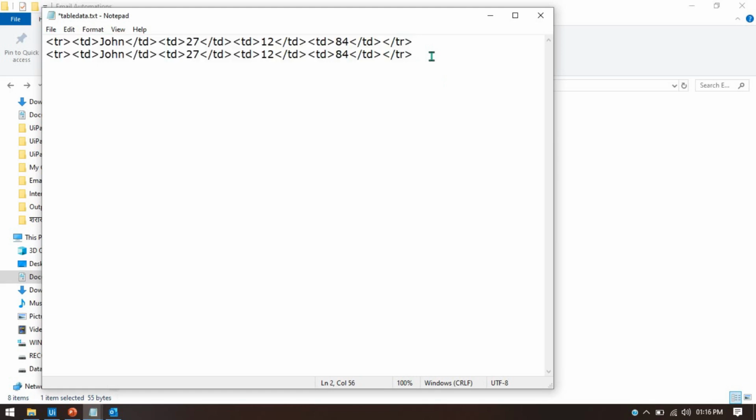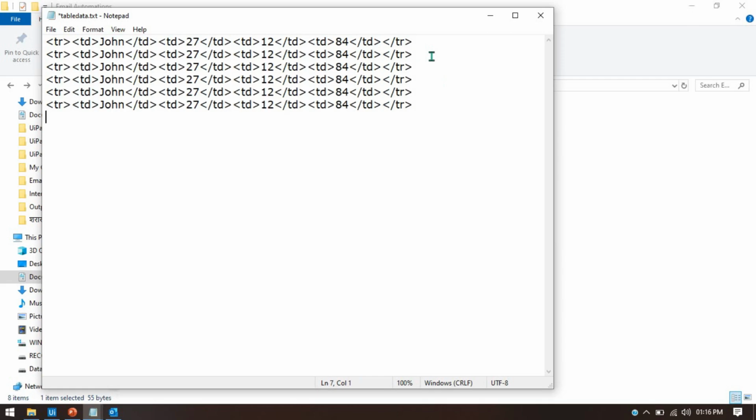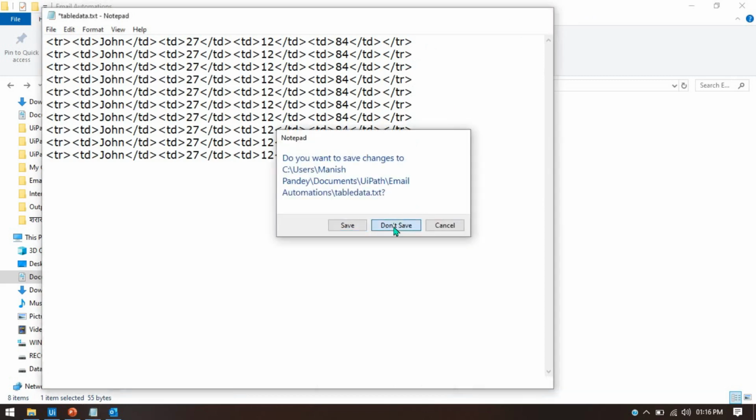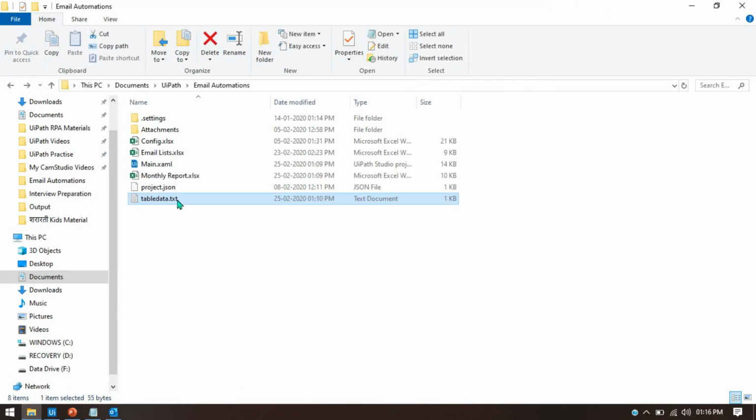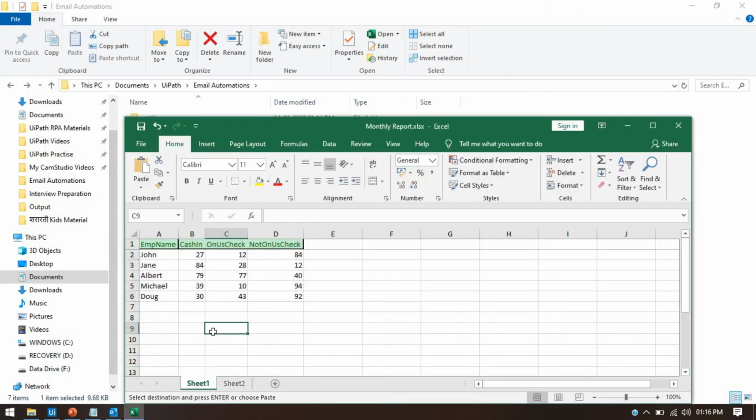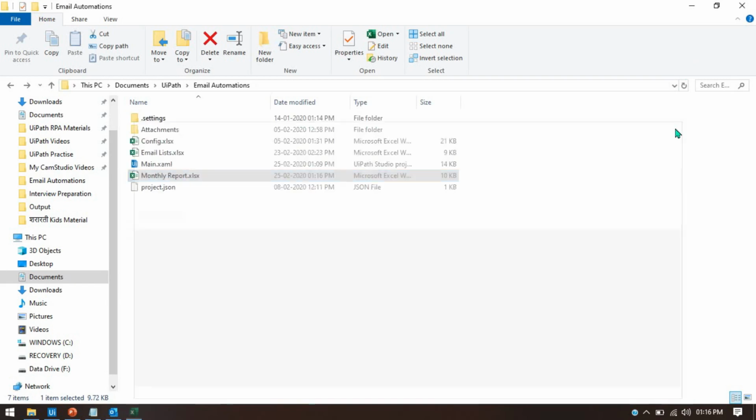Now we need to write one more here, then it will look like this. So it will append all this data here, right? So let me do one thing. Let me close this and delete this table data, and let me open this monthly report Excel file and just paste all this data here. Right, now save this. Now currently we have 5 records. Close this,